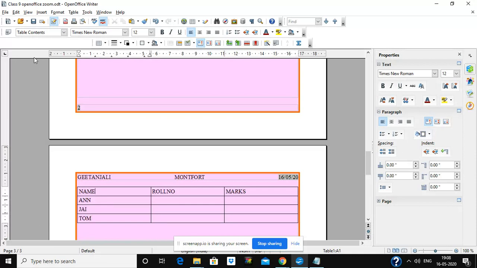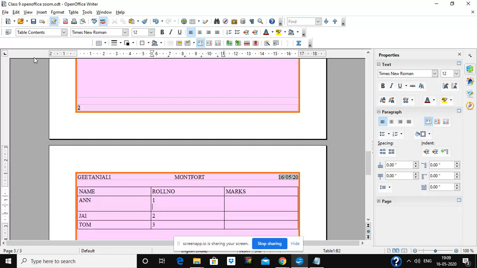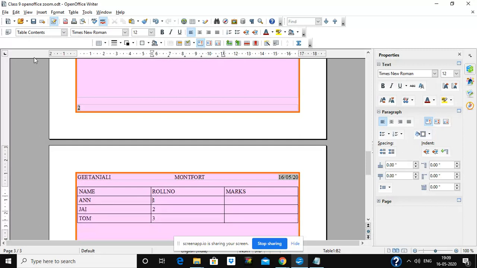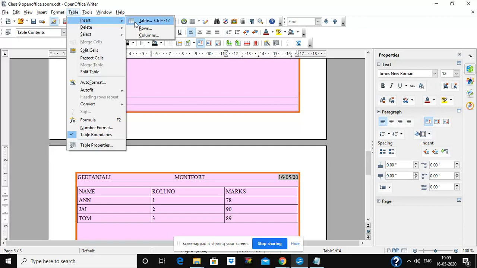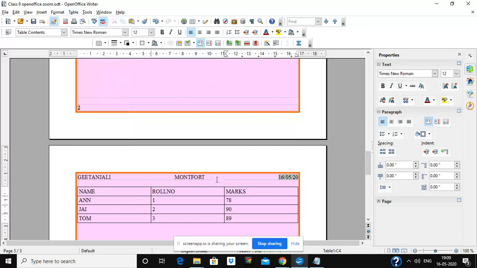Now to go to different cells of a table, these small rectangular boxes are called cells. So to go to different cells of a table, we have to either press tab key on the keyboard or press the arrow keys. Okay, don't press enter, because if you press enter, it will come like this. So you don't have to press enter, you have to press tab key or arrow key to go to different cells of a table. So this is how you can make a table. Select how many rows and columns you want, and then you can make a table by clicking on table, insert table. Now how to create a column?